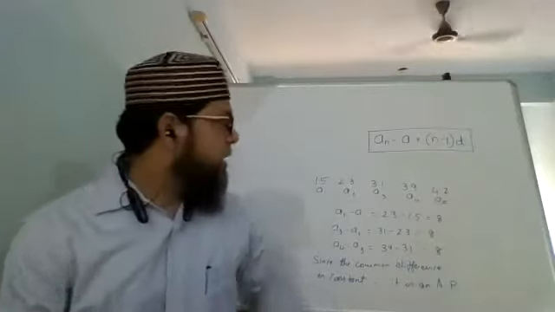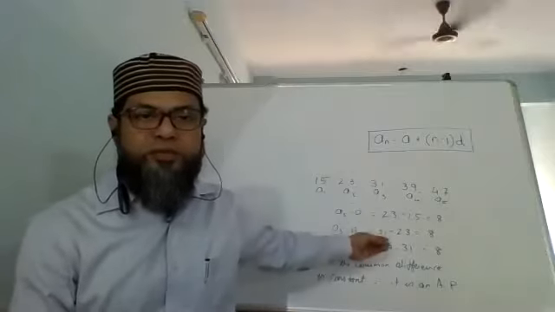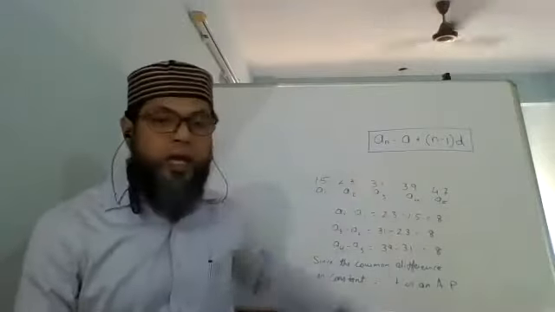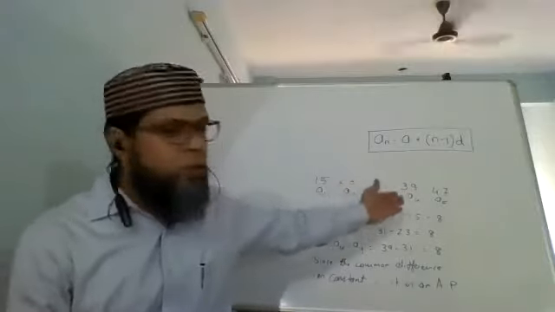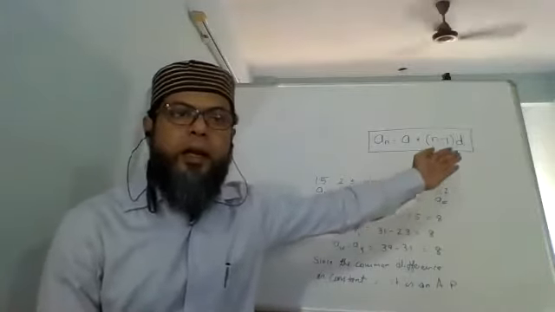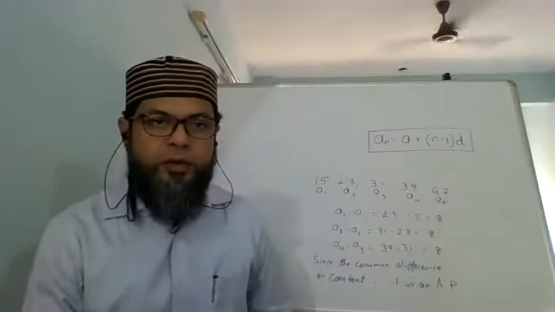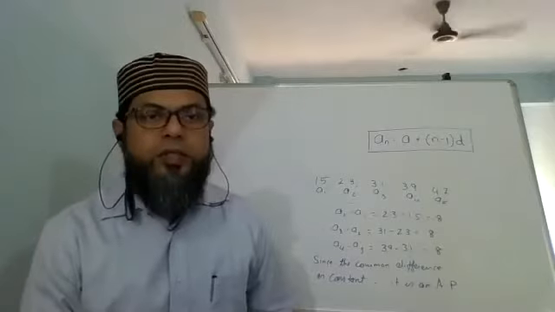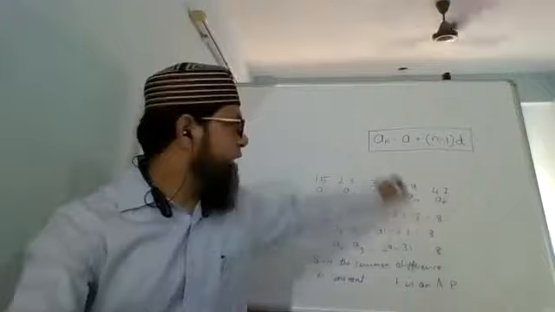And now, as I said, how to find the nth term, fifth term, 75th term. Like for this example only, if you were to find the 50th term, if you are going to add on 8, after 50 times, how much is it? You'll get the answer, no doubt about that. But it is going to consume lots of time, isn't it? So to save the time, we have that formula.